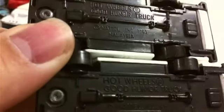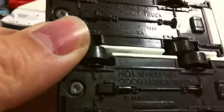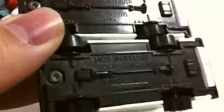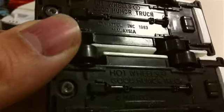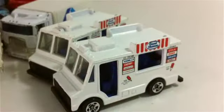And so I thought, well, that's a little weird. I mean, that happens sometimes. They have different bases, China base, Malaysia base, but usually the writing isn't different. Like the font and the writing are different on these. So I went back to Southwest Diecast. I looked around on there, and what happened, strangely enough, is the one of them that